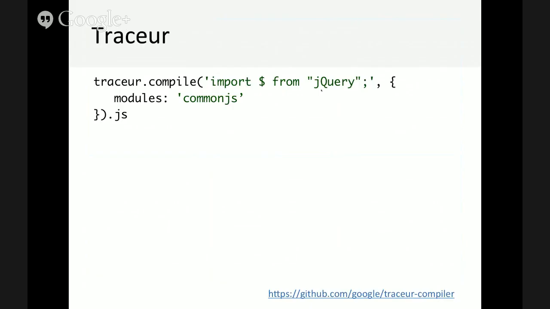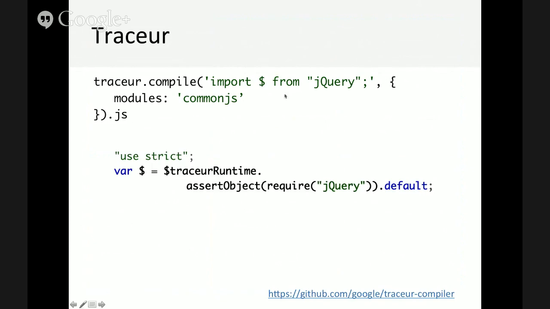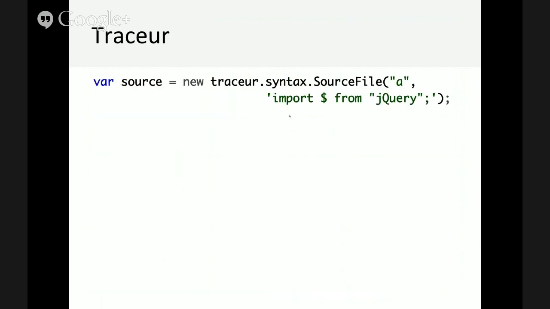Traceur compiles, like I said, ES6 code into something else. So it would take this import $ from jQuery and actually output JavaScript code like this. Basically, it makes it so it tries to use CommonJS to require jQuery and get the default value from it. Another example